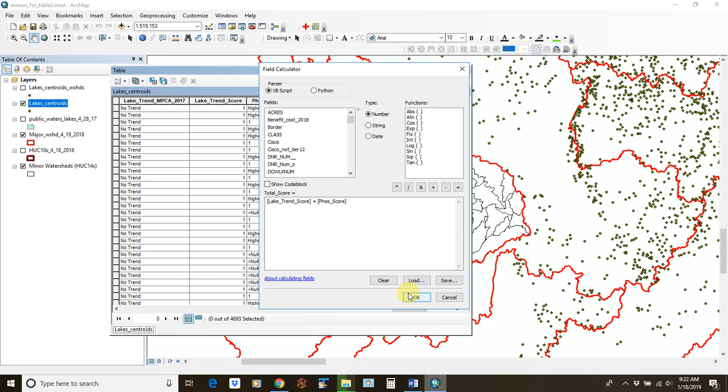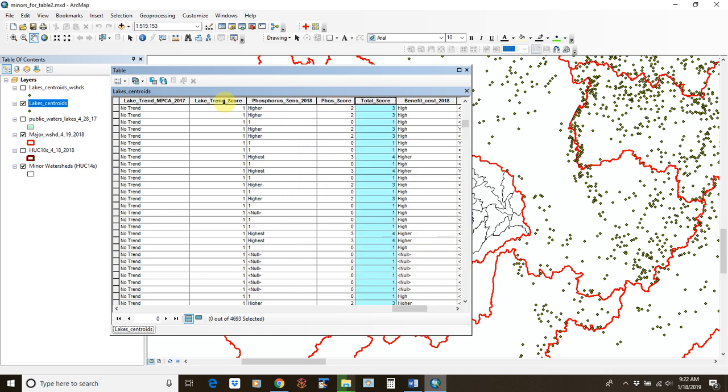And that's how we can use field calculator to assign numerical values to different ranges of